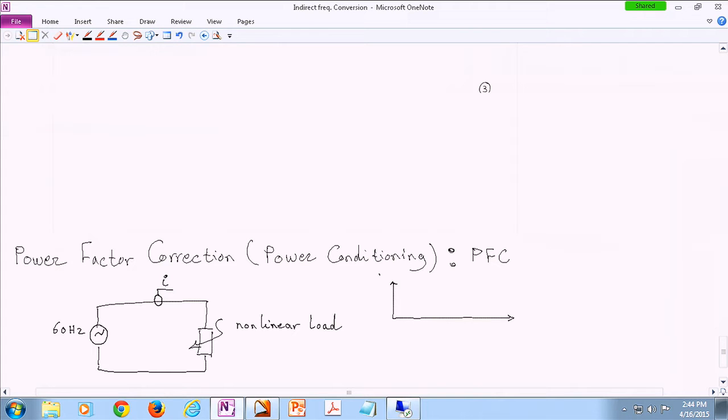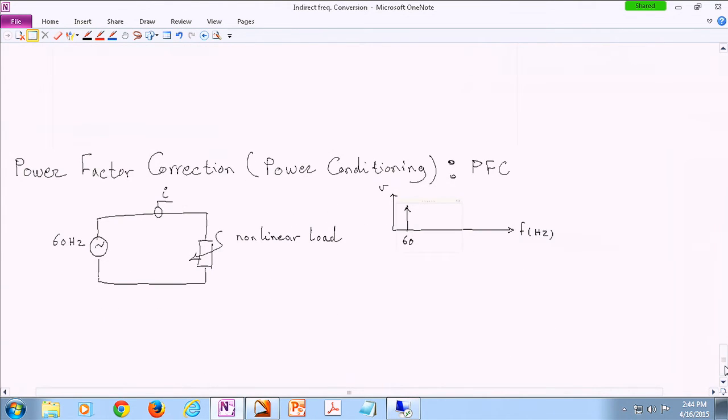So if you look at the spectrum in your voltage, ideally you should only see 60 hertz, which you usually don't because of the nonlinear loads. And then if you look at your current, they are all over the place. So we have the fundamental harmonic, then twice that, then 3 times that. So you have a lot of